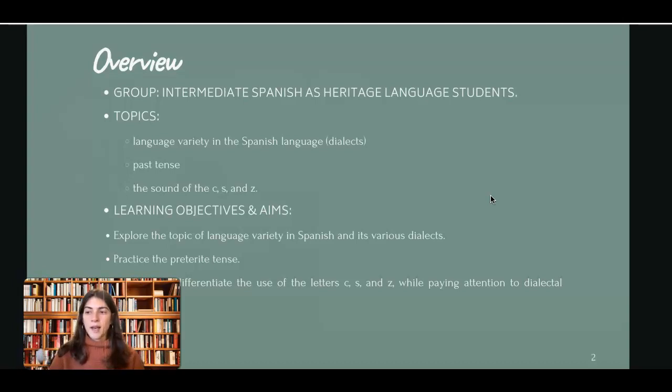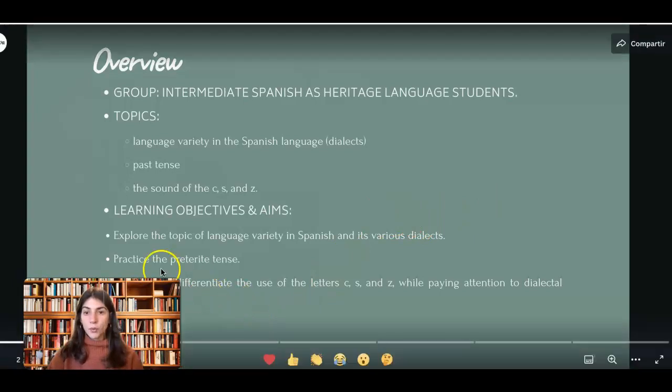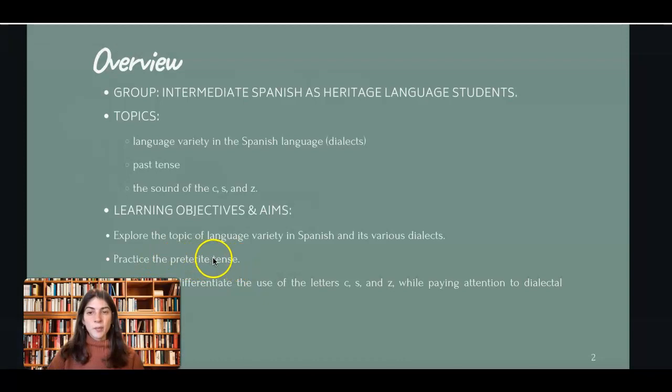So normally in a class I have different dialects: someone who grew up listening to Venezuelan Spanish, and another person who grew up listening to Mexican Spanish, Colombian Spanish, etc. So we will mainly cover this topic and also practice the preterite tense